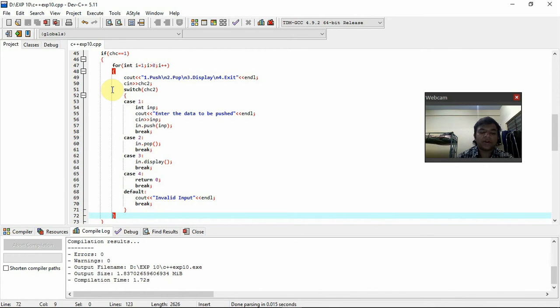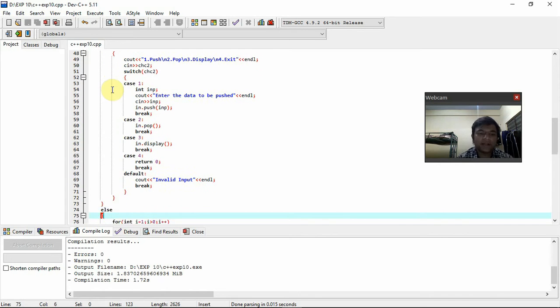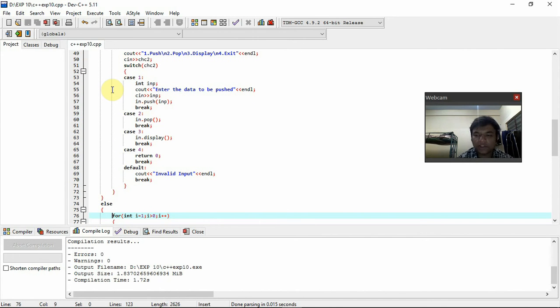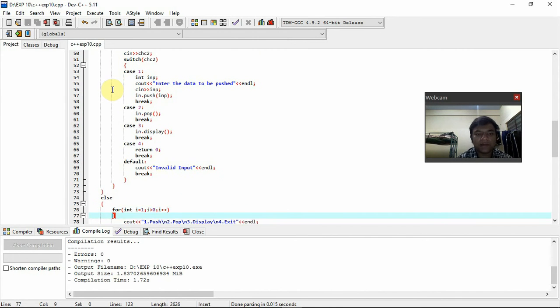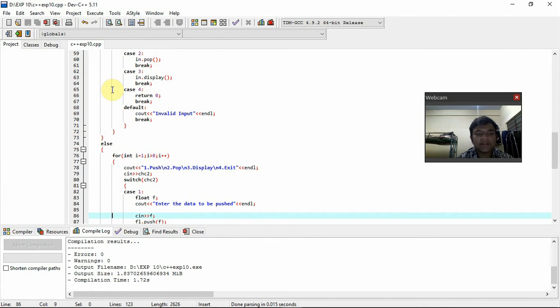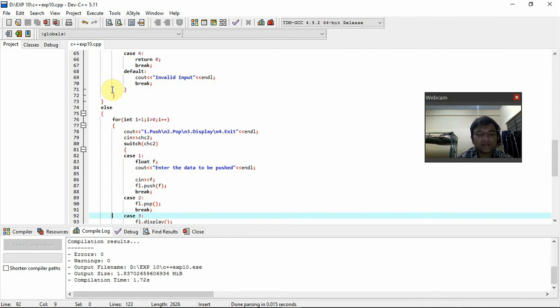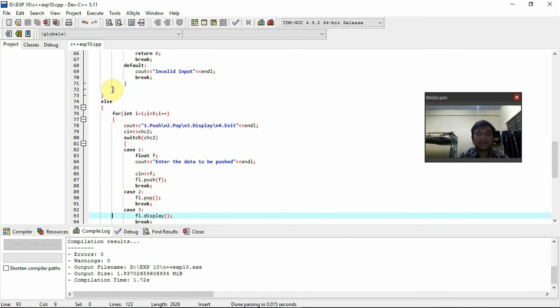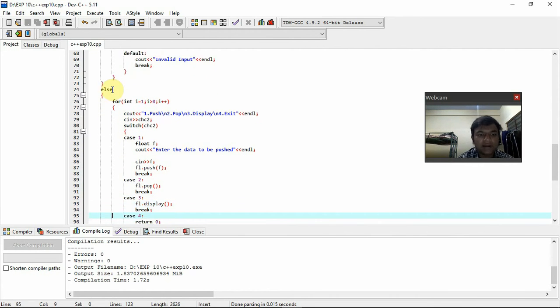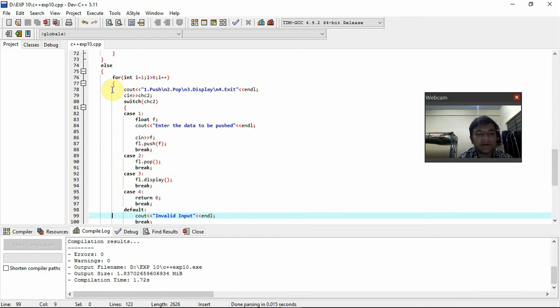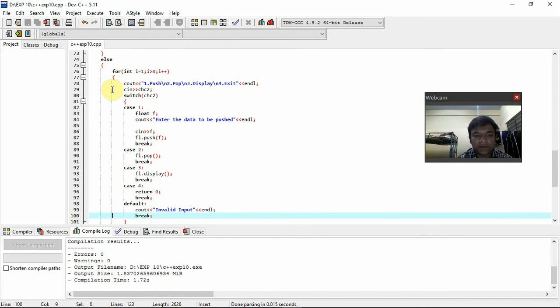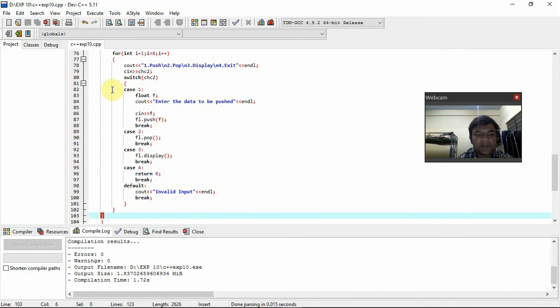In case 4 it will return 0 and break. Then default: if the user didn't enter any one of the choices, invalid input will be printed. Then break. Else if you have chosen choice 2, that is for the float stack, it starts a for loop, for int i equals 1, i greater than 0, i plus plus, and I ask push, pop or display. Then case 1 is pushing a value inside the stack, printing it and break. Then case 2 will pop the value from the stack,